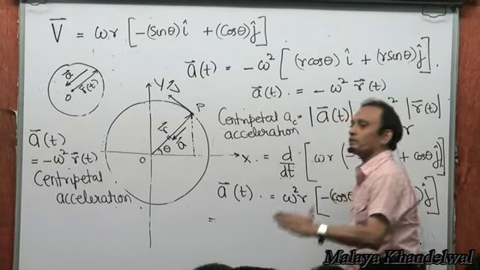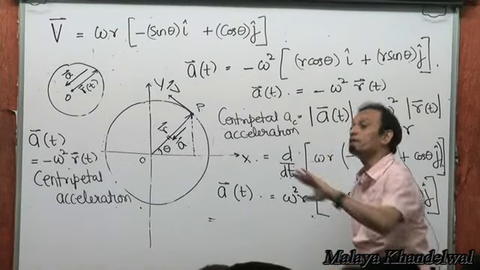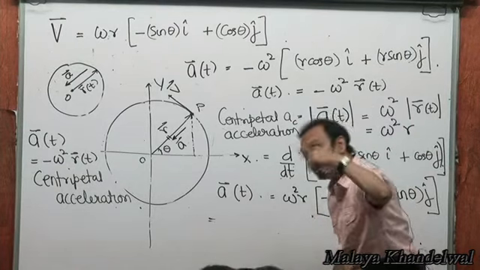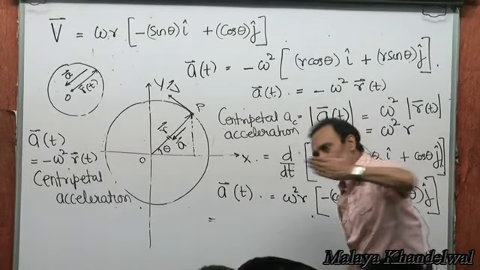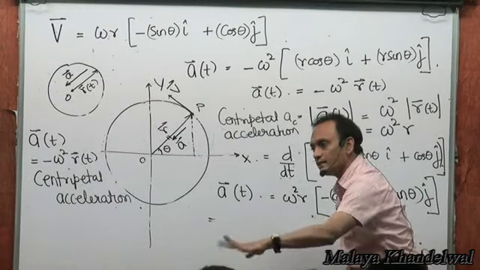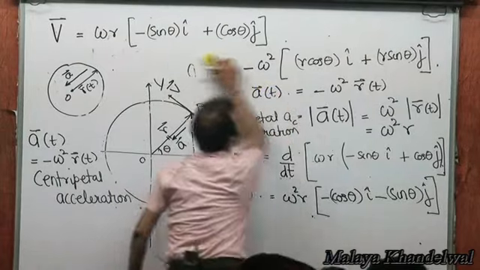In general, every time the acceleration is perpendicular to the velocity at all times, it will not change the magnitude of the velocity, it will only change the direction of the velocity. If acceleration is along the velocity, it will not change the direction, but it will change the magnitude. But if the acceleration, in a general sense,